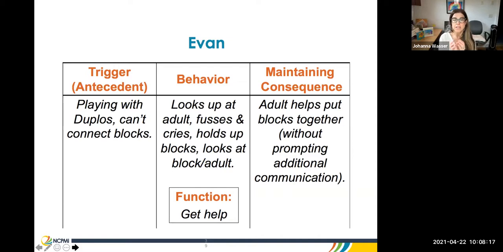His behavior is he looks up at the adult, he fusses, cries a little, he holds the block up to the adult, and the adult looks at it, right? So that's the behavior. And then the maintaining consequence is that the adult helps put the blocks together without prompting for additional